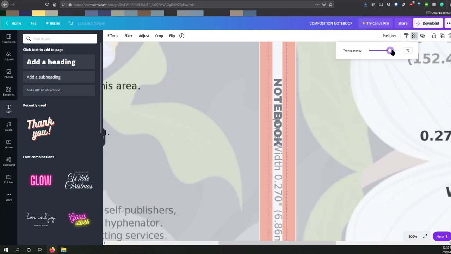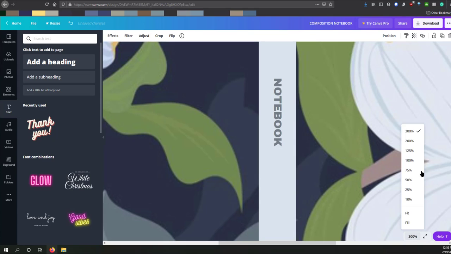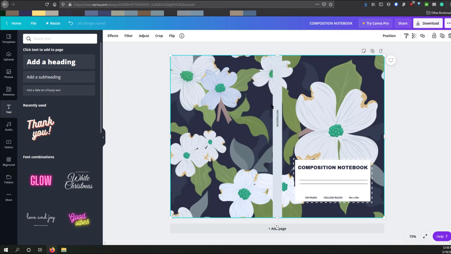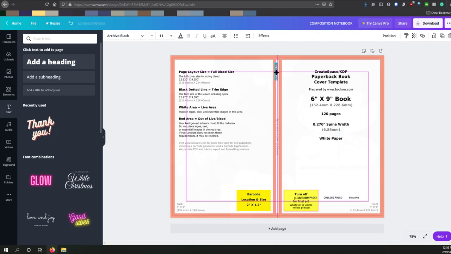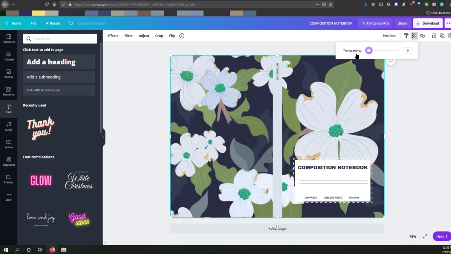So the only thing with the side text is you're going to want to make sure that it does fall within this white area. Because this is over 100 pages, you absolutely can put text on there. And let's zoom back out and see how this looks. There you go. You can put this text just about anywhere up here. Make sure it falls within that. Whatever works for you. For this design, I don't think I'm going to go with any text here,